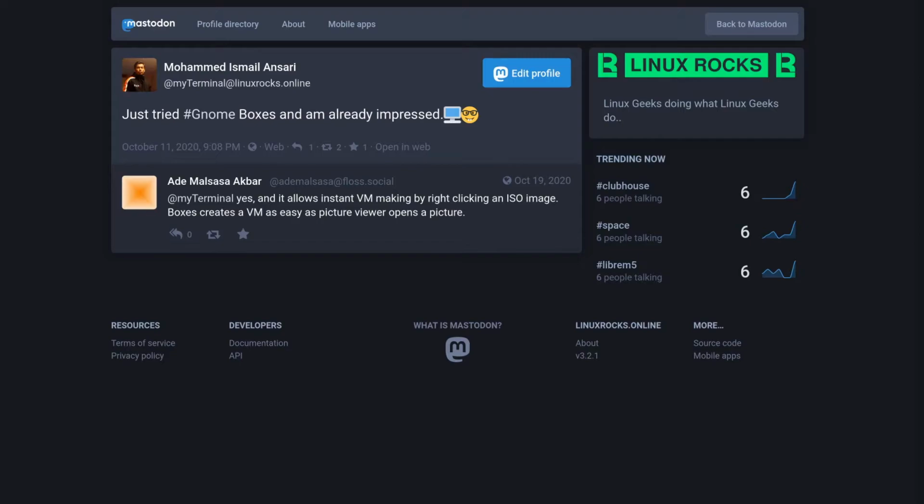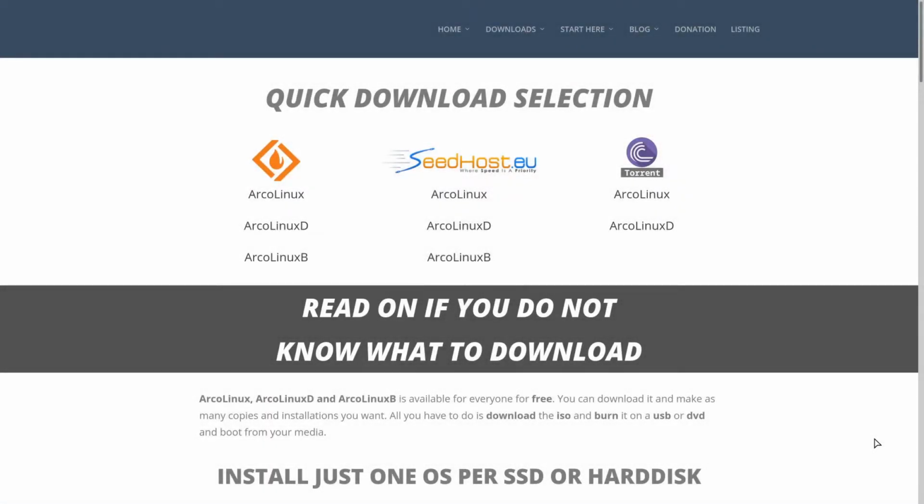And I also didn't know that one can right click on an ISO in a file manager and create a virtual machine. That's cute. The first step for almost all operating system installations is downloading an ISO, mostly from the official website for that Linux distribution. And that's exactly where we'll start the process from. We'll download ArcoLinux D, which is the only one among three that can help us with achieving a minimal installation that we can later work on.